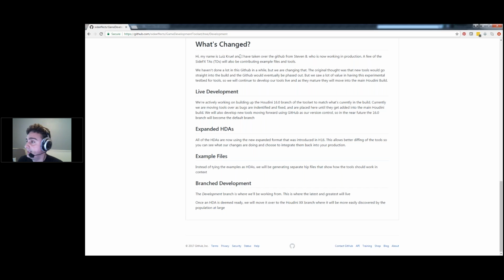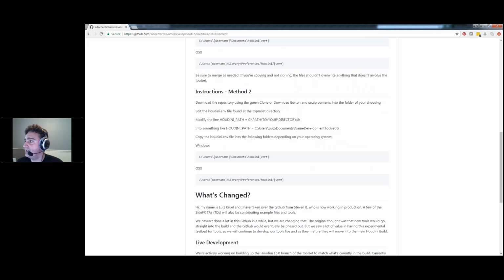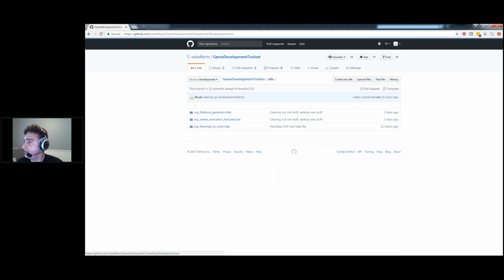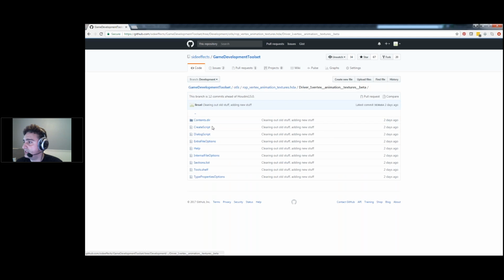Awesome, thank you. And then the other thing that we're using is Houdini 16 has expanded HDAs, which means the HDAs are a folder as opposed to a single file. The nice thing about that is that you can actually diff the files. As you're seeing these, you can see in my OTLs, right now I only have the flipbook generator, the Vertex Animation Texture, and an update to the flow map to color. So you can see these are all just text,